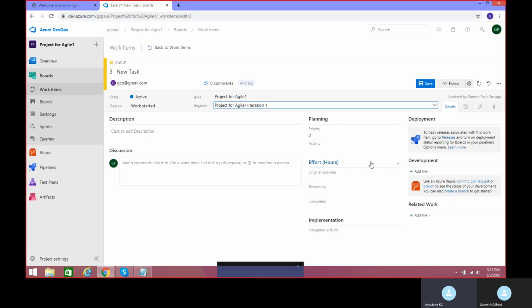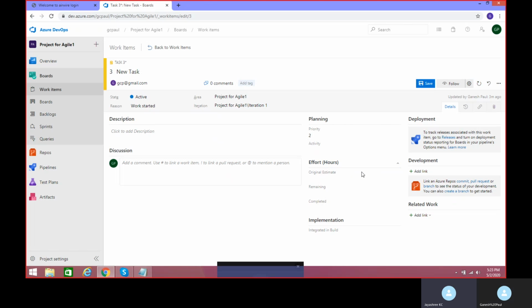There will be a separate class where we look at area path and iteration path separately. We have to first create those, and then they will appear here under your area path drop down and your iteration drop down as well. So for now let's park that because we will be seeing it in detail.